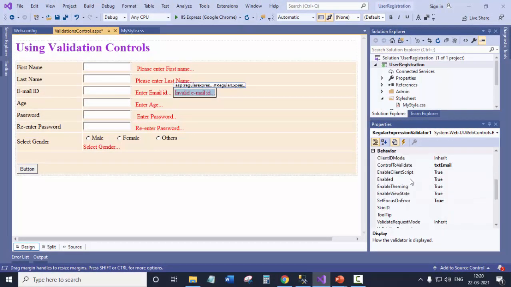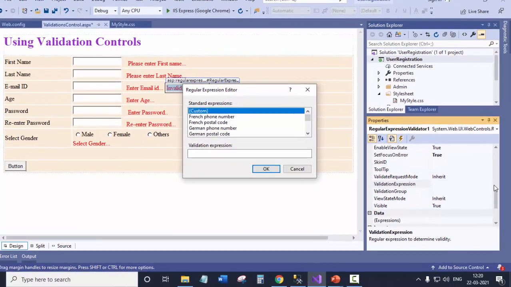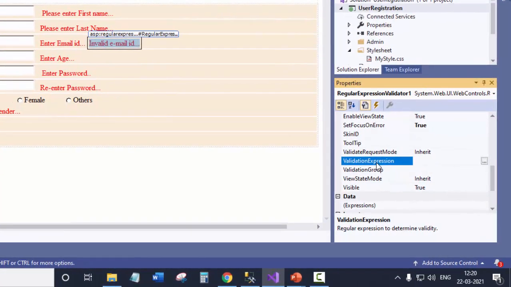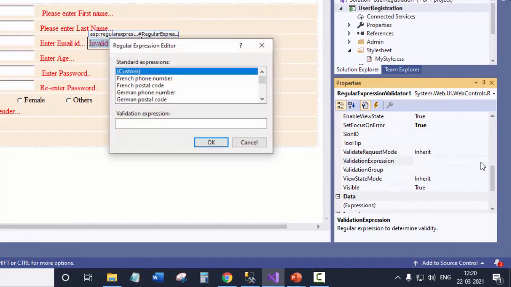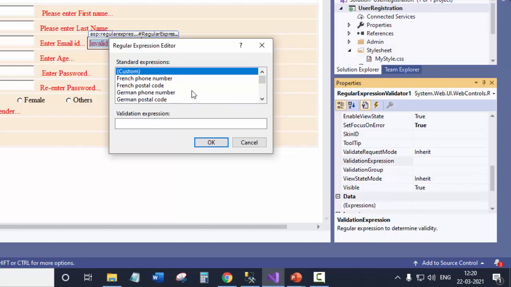Apart from these properties, the regular expression validator also has a validation expression, that is, which validation you want to implement. You can implement any expression that you want. Here you can see there are a few ready-made regular expressions available, like the French phone number, French postal code, and so on.